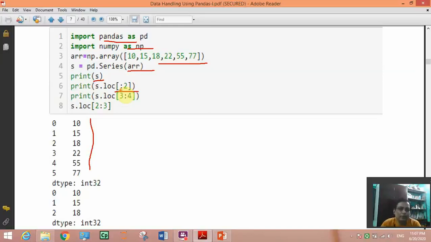So if nothing is given before the colon, that means it is starting from the first element and it will go up to 2. 2 means 0, 1, 2, the third element. So here it is printing 3 elements from 0 to 2.